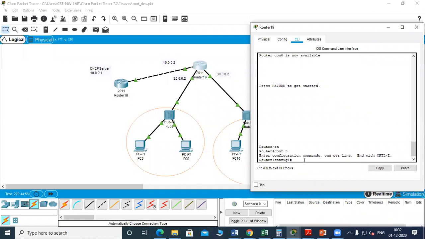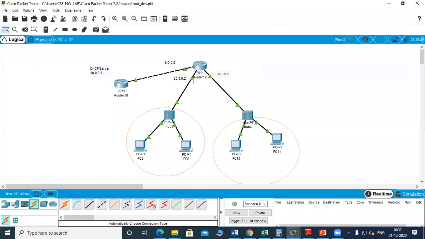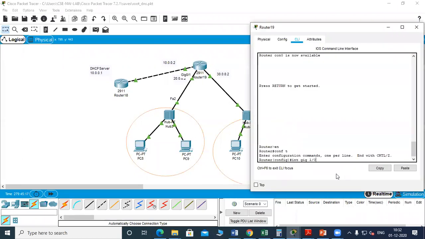Now, which interface do you have to give that helper address on? This interface. So that is interface gig 0/1. Now here you give the helper address.